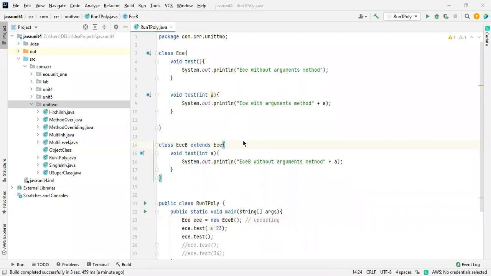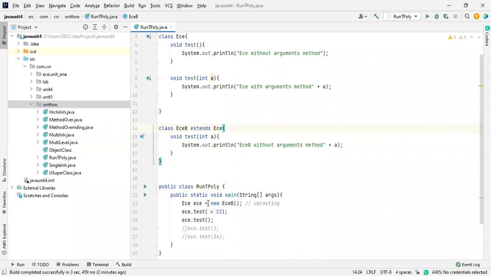One more thing I would like to tell you. Method invocation is determined by the JVM, Java Virtual Machine.